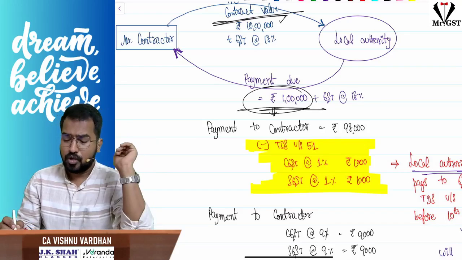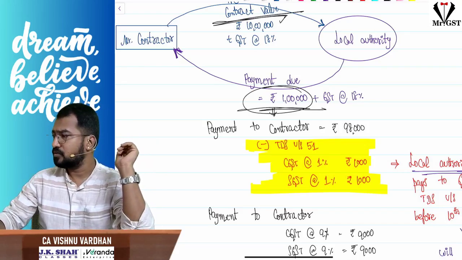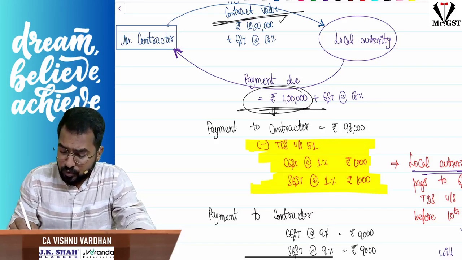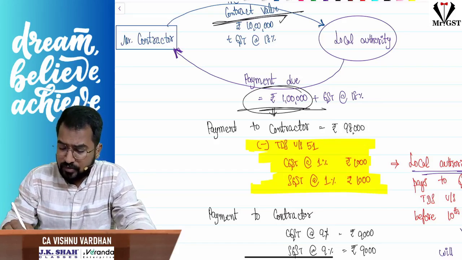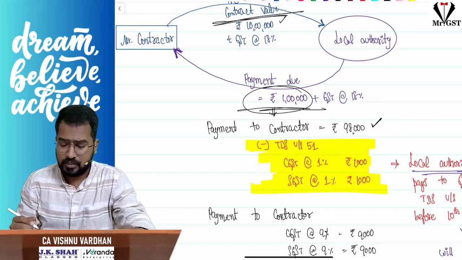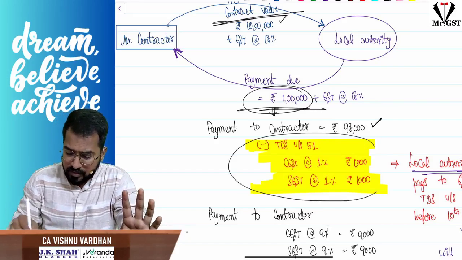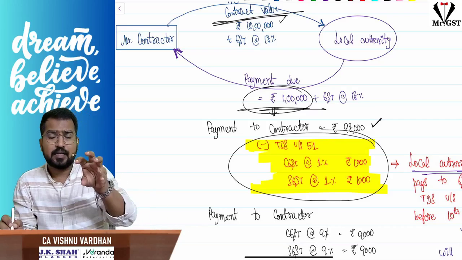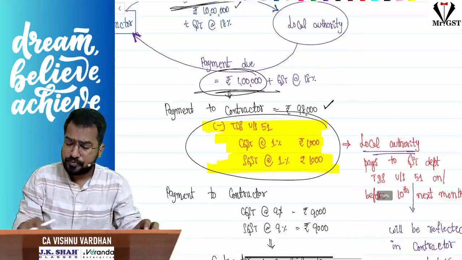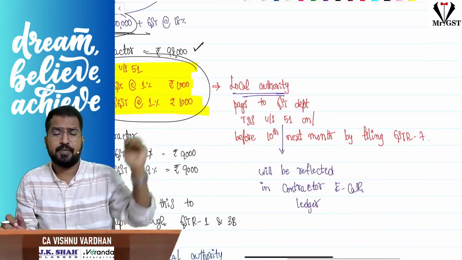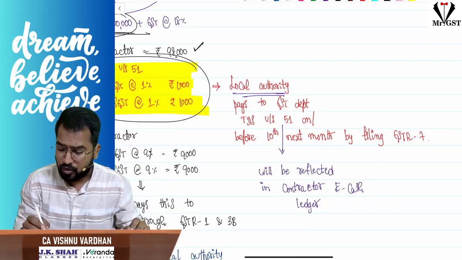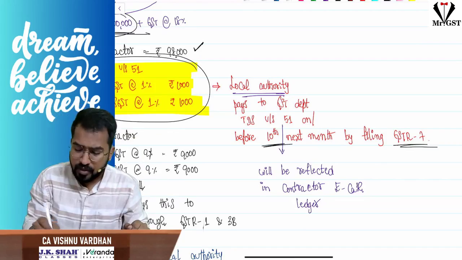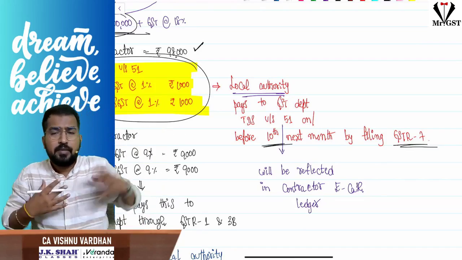Okay, so now local authority while making the payment to me, they will deduct 2% TDS. So they will pay to me, the contractor, 98,000. They will deduct GST 1%, SGST 1%, 1000 rupees, 1000 rupees. Now this deducted amount, the local authority has to pay to the GST department by filing a return called GSTR 7 every month on or before 10th of that next month, and they will pay me that 98,000, and they